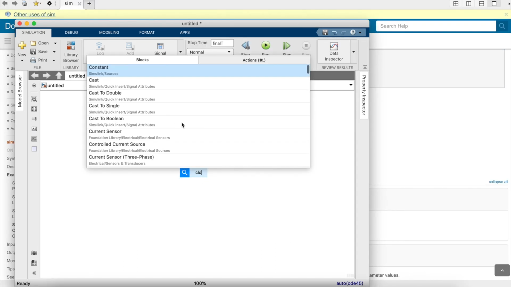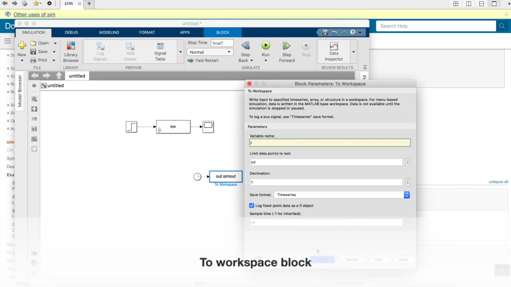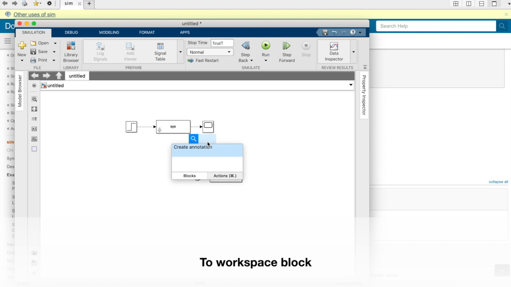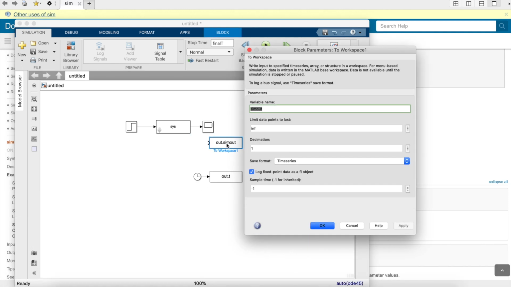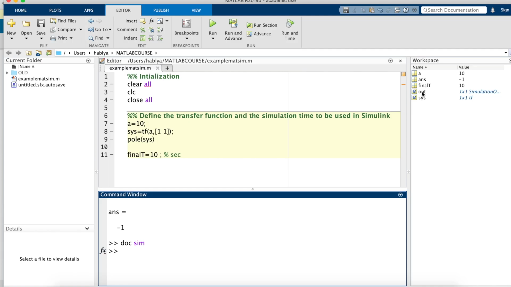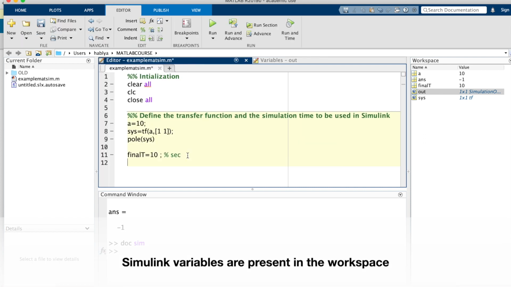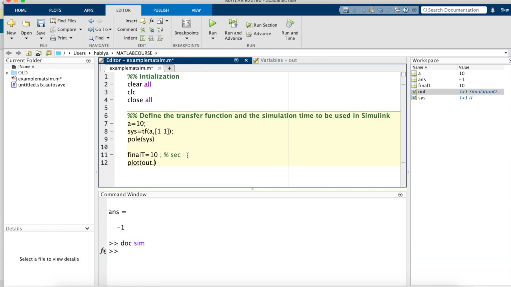I now want to plot this result in Matlab. So I will look for a To Workspace block, and I will create a variable t, and a To Workspace block again, and I will create another variable y. So when I run and I go to the workspace, I can see out, and I can see t and y. So I will use plot out,